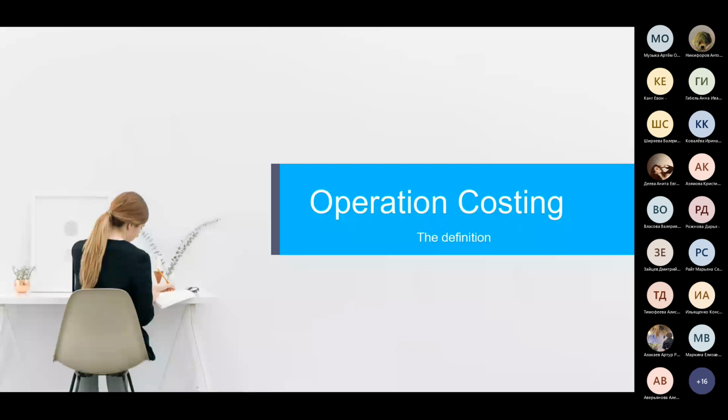I think a very good example of process costing is the cost of fuel. For example, Rosneft is using process costing to calculate the cost of oil they drill and sell to